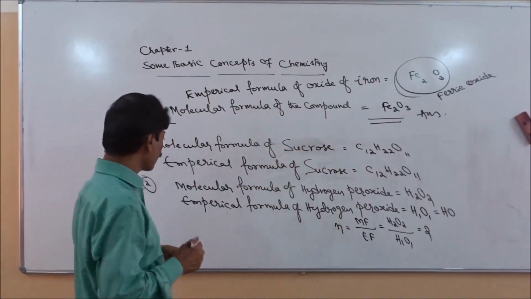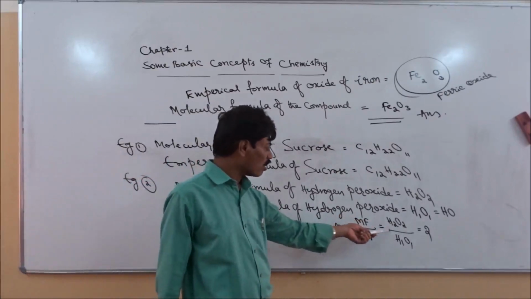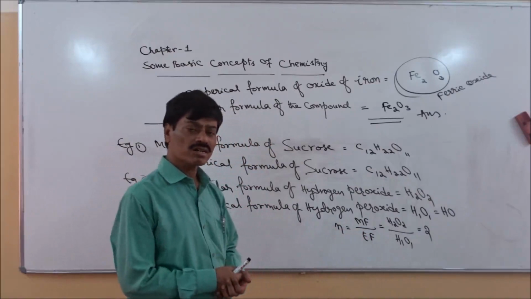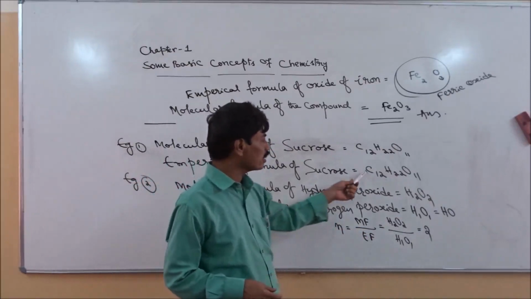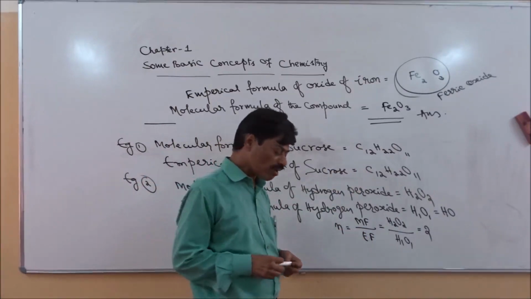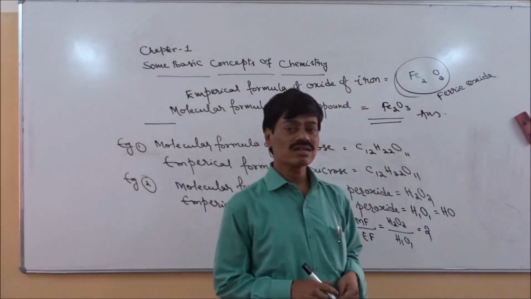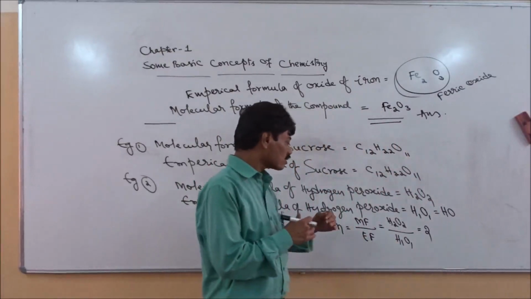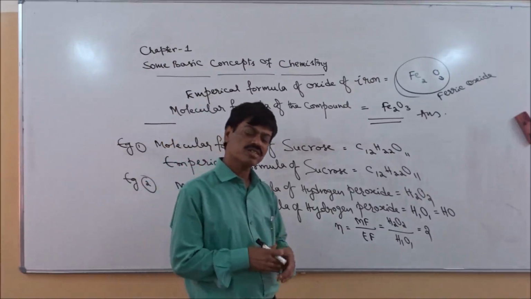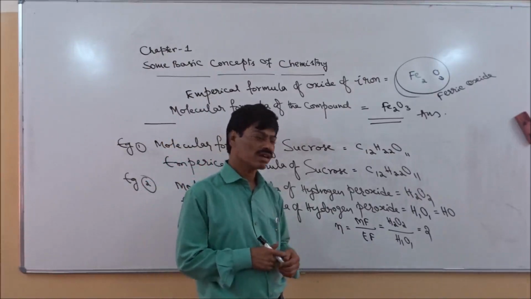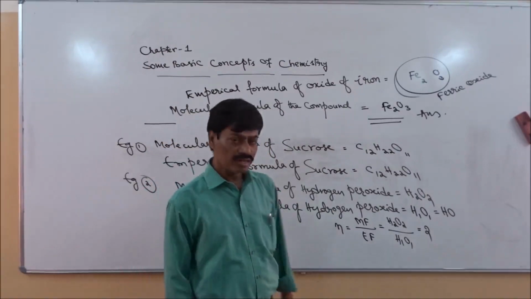That's how we calculate the n value when the molecular formula and empirical formula are known to us. When the molecular formula and empirical formula are the same, then by default the n value will be equal to 1. So most of the numericals are involved in such a way that the n value in most of the numericals is more than 1. So that's about how the integer n value is calculated.